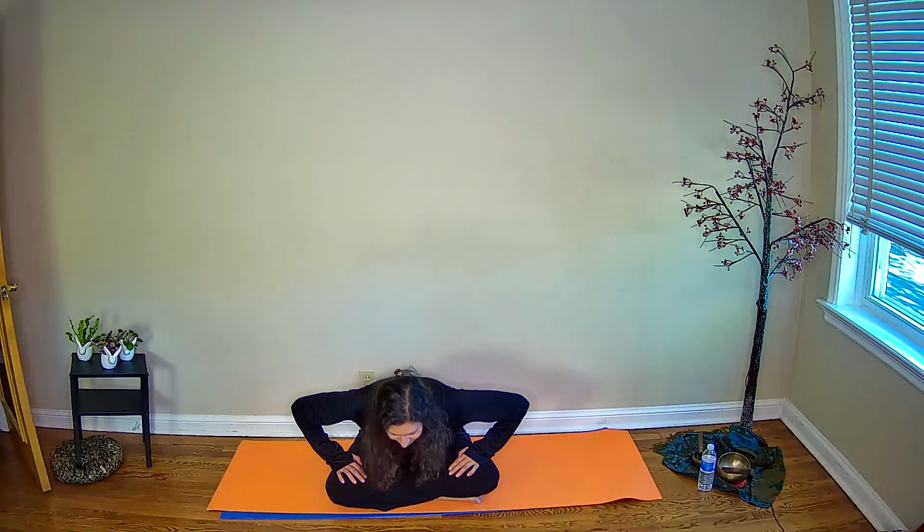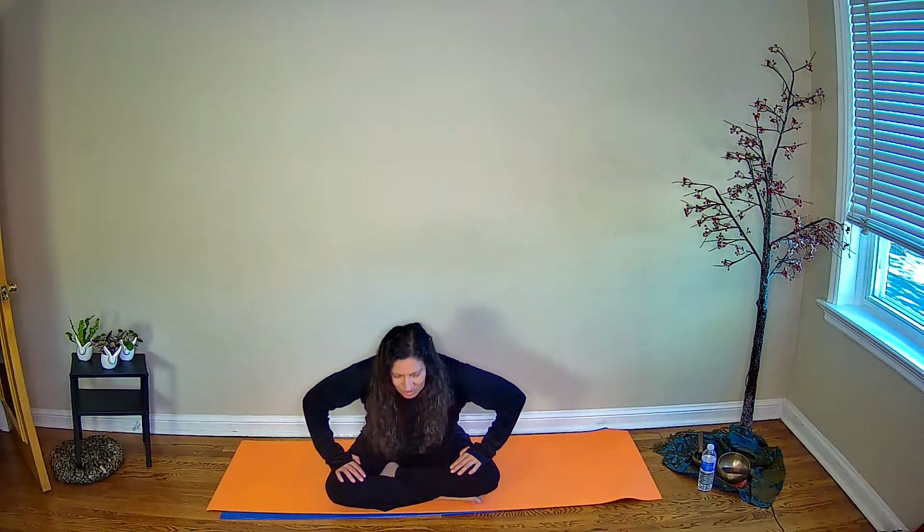And face forward. You're going to roll through your shoulders, up and back and down. And put your hands on the tops of your knees and lean forward. Straighten your arms, lift your torso, and roll through your shoulders, up, back, and down. We've got rotation in our spine, and then we'll do a side stretch,